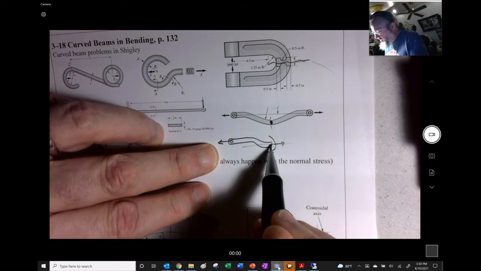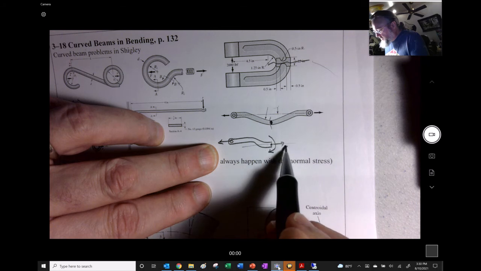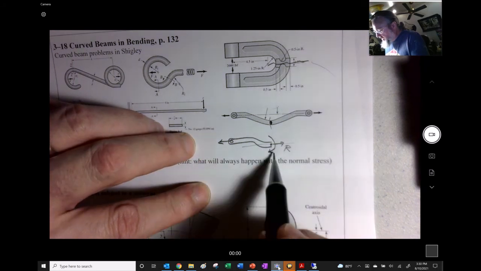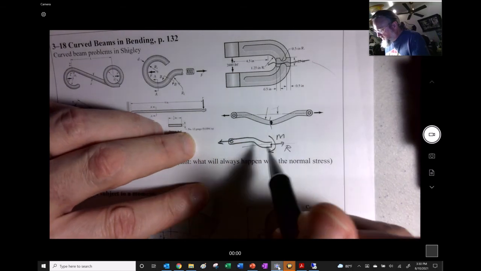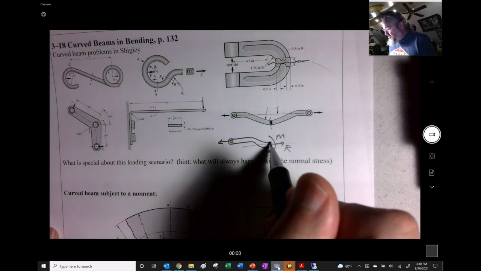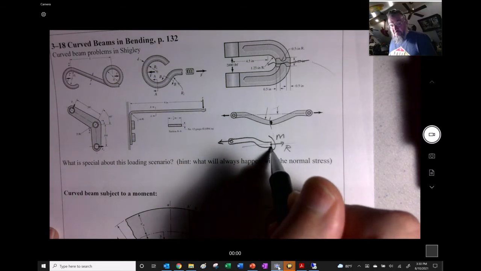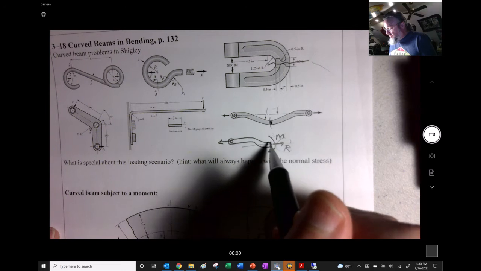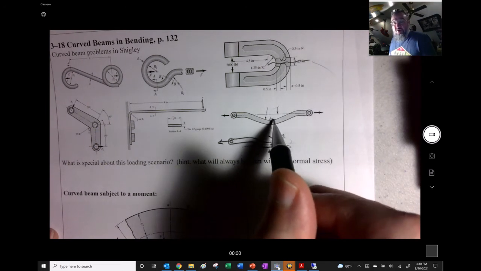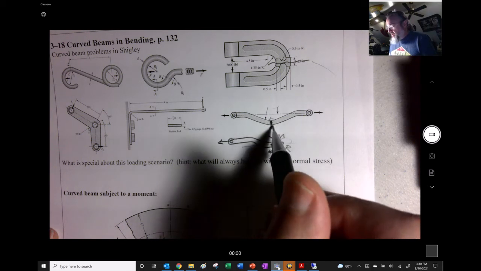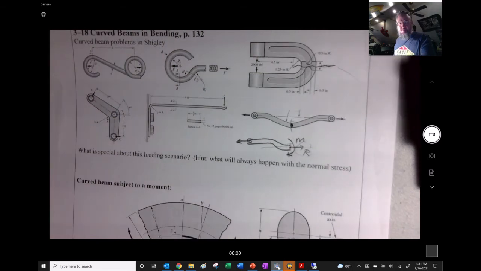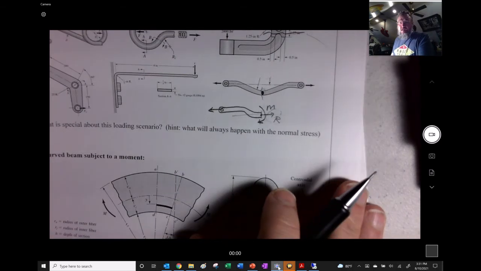Okay, so we're going to take the moment about this point right here, and this is the reaction right here. So yes, that's going to have a counterclockwise, so that better be a clockwise moment reaction right there. So once again, that moment is going to cause a tension here and a compression there. So the tension from this and the tension from here, so once again, it's going to break. It's going to have a larger stress due to tension right there, and its compression is going to be a smaller magnitude of compression. All right, so that's kind of like the big idea of this